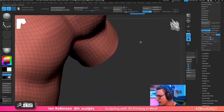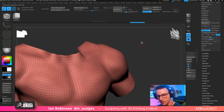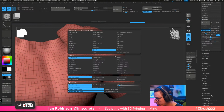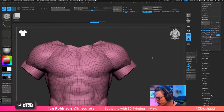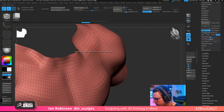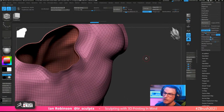Now, to fix your clothing, let's say you don't really like this. Let's say you have something, we're going to go Z-modeler. We're just going to quickly extrude something so you have something like this, right? Or it's too thin. And you're working with something like this. What I really recommend to fix that is to